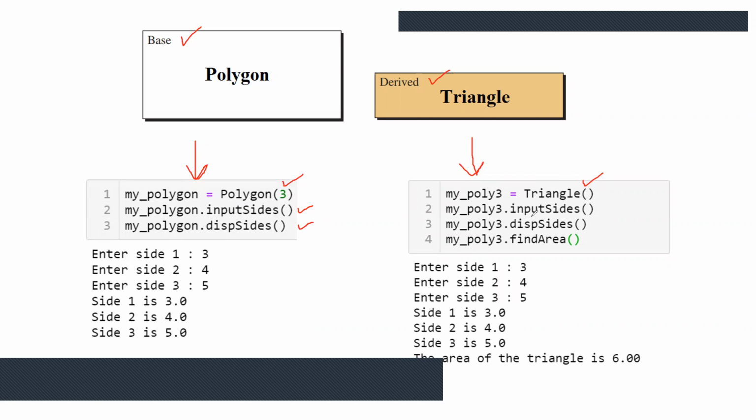And it inherits the input sides member function, which is primarily defined in the polygon class. It is defined here. Similarly, my instance and inside the instance, I have a display sides, and which is primarily defined in the base class. Similarly, find area is defined in the triangle. This one, okay, defined here. So when this information executes,